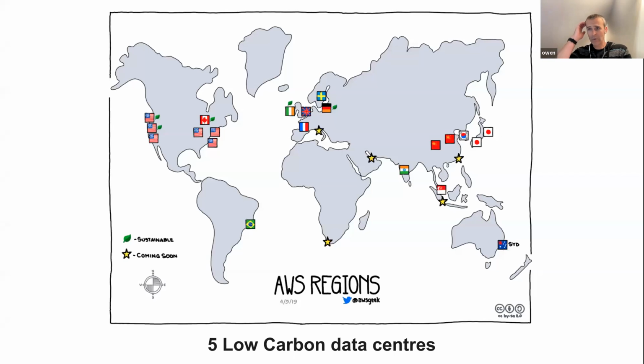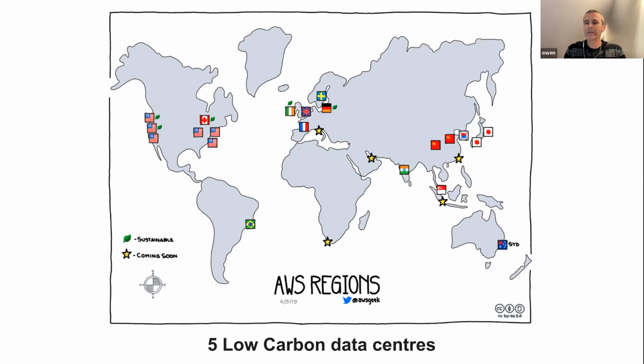So I'm going to start with Amazon, in part because it's what I'm most familiar with, and it's also the largest. So if you're running within Amazon, Amazon has 5 regions that would be considered to have low carbon emissions. So here within Canada, there's CA Central 1 that's in Montreal. Now, the reason that it's considered to be low carbon is that it is just using electricity directly from the grid. And in Quebec, the majority of electricity is produced via hydro. So that is considered to be clean.